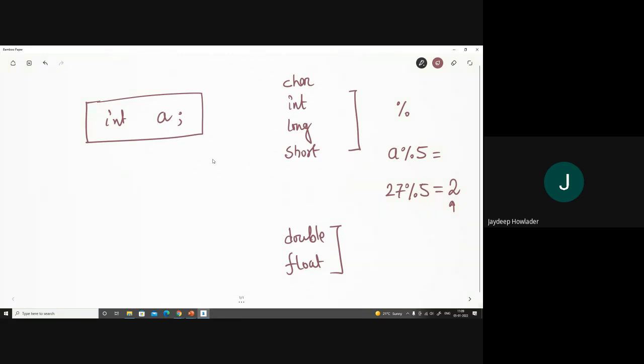That also defines the size, the interpretation, and the operators applicable on the variable.